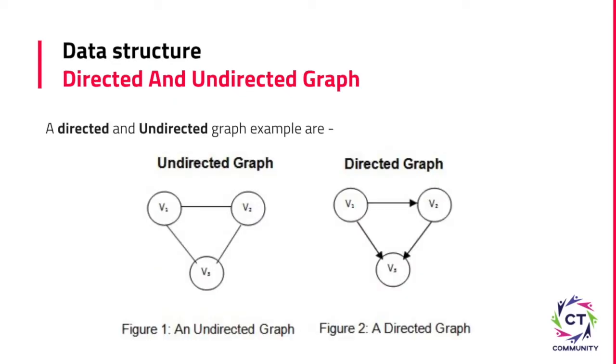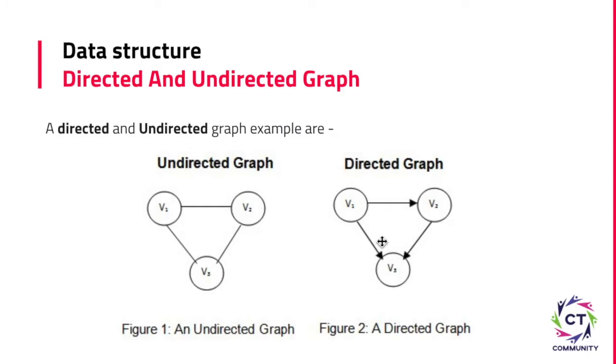Next, let's discuss what a directed and an undirected graph are. A directed graph has edges with a direction. You can see that there are three nodes and each node is connected to another node, and each node points to another node as well. Each edge indicates a one-way relationship, in that each edge can only be traversed in a single direction. Can you see that from this diagram? You will have a better understanding.